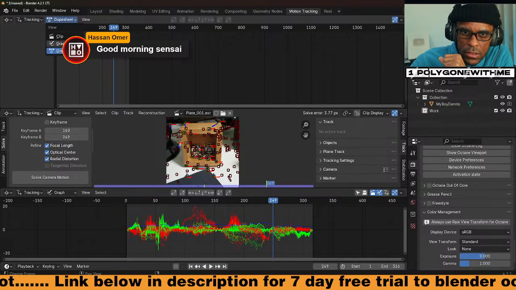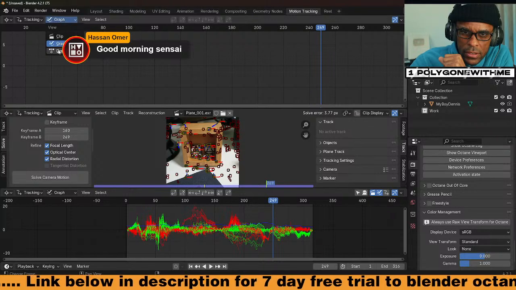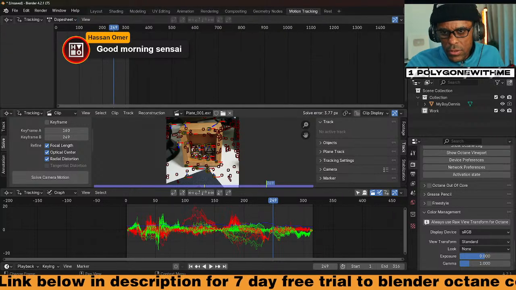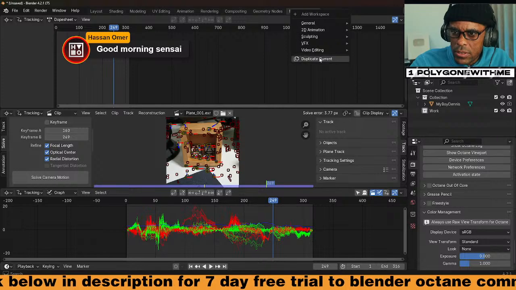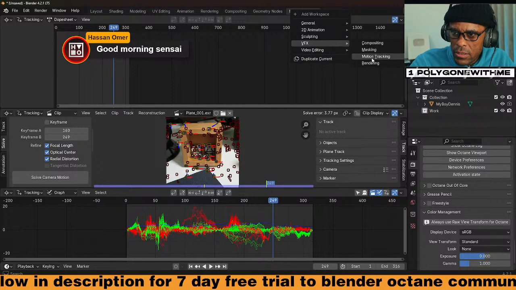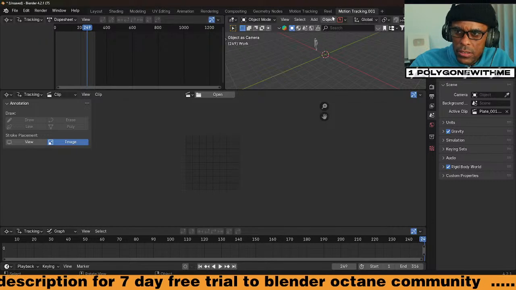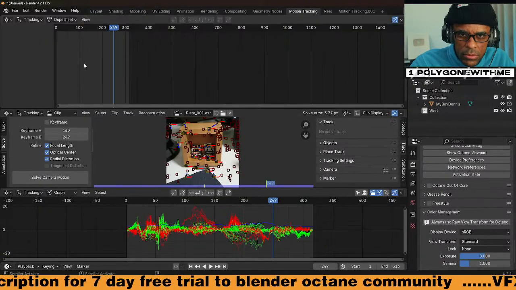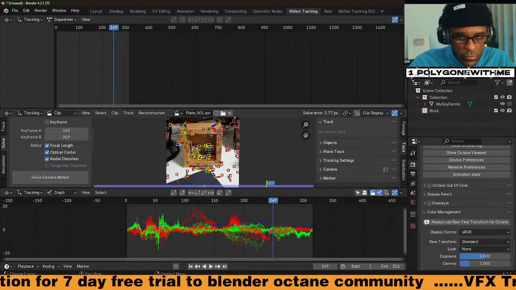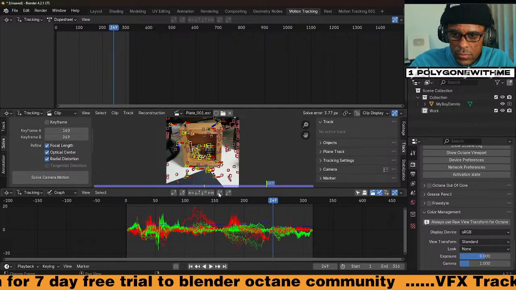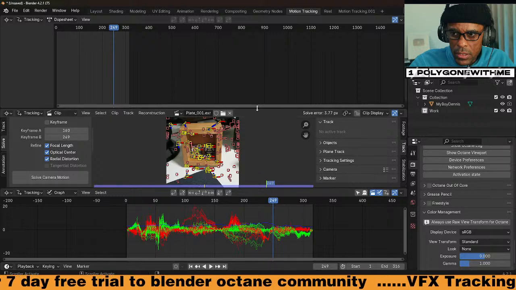Dope sheet, graph. Dude, I totally forgot where that was at. You know what? Let me just do this. Tracking, motion tracking. Dope sheet tracking. Yeah, it is dope sheet tracking. That's what I thought it was. Motion dope sheet tracking. All right, but